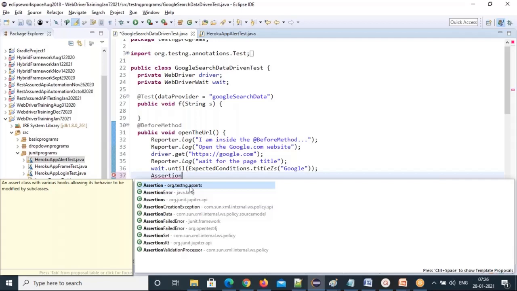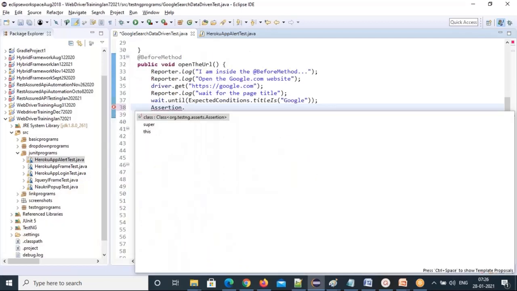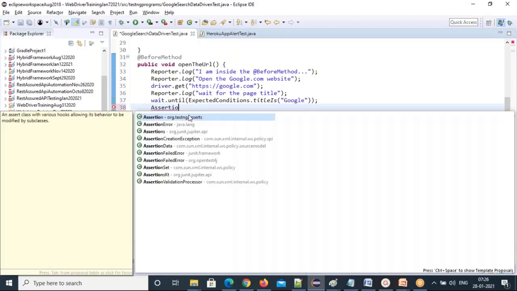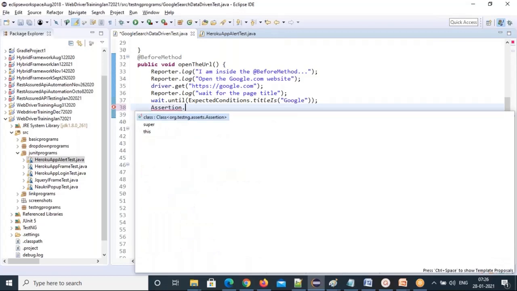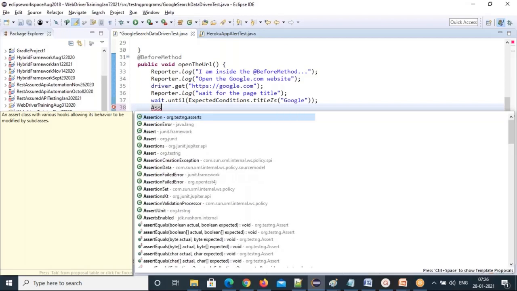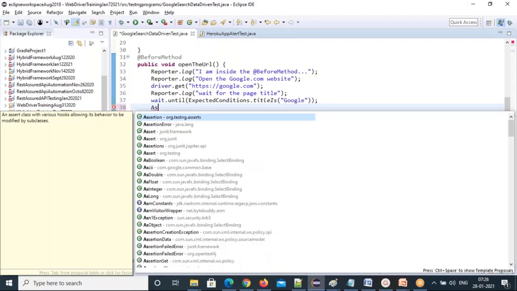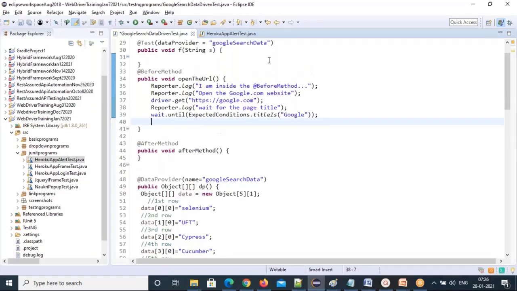assertEquals. Assertion dot, why is it not showing? Okay, java.lang open test. Okay, so take this. Where are the methods? assertEquals. Let's see here.